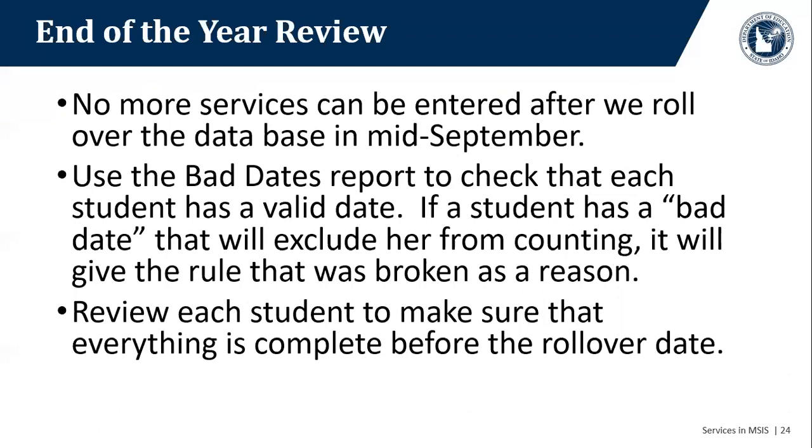It'll say this date after 22nd birthday, this date before child turned 3, this date after graduation, this date after end of eligibility, so it will tell you what the problem is, because I don't know about you guys, but I hate comparing dates. It's the biggest pain. So the nice thing is we let the computer do the icky stuff and it'll just tell you, here are bad dates.